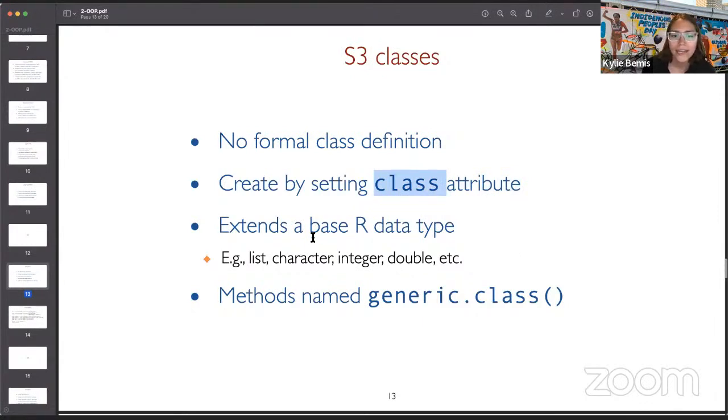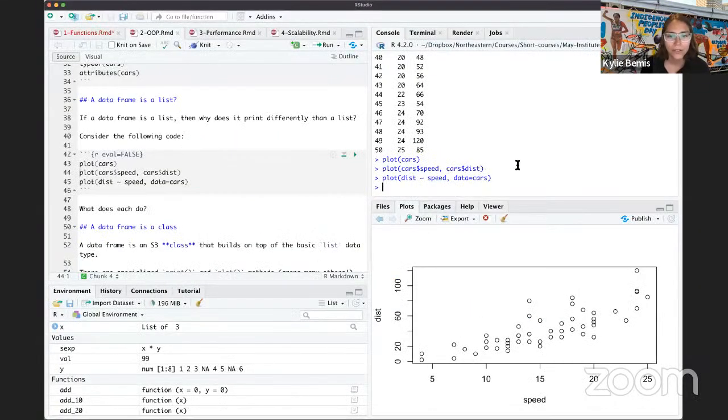And any S3 class will really just extend a base R type, whether that's a list, character, integer, double, and so on. So an example of this is a data frame in R is an S3 class that just extends the list class. So for example, if I jump over here to RStudio,